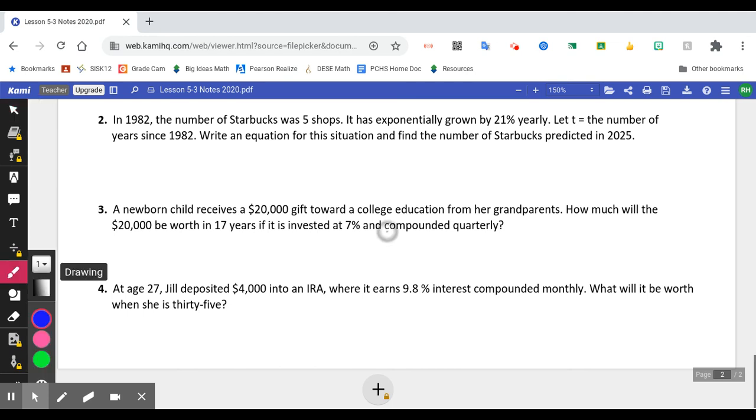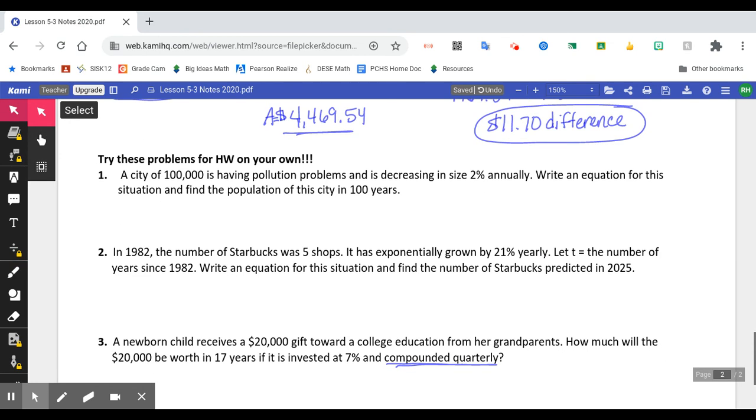So this guy here, compounded quarterly, compounded monthly, that's going to use the big equation from the back side of the notes. If you aren't seeing those words, then it's just regular old increase and decrease, growth and decay, the 1 plus and 1 minus. All right? Let me know if you have questions on